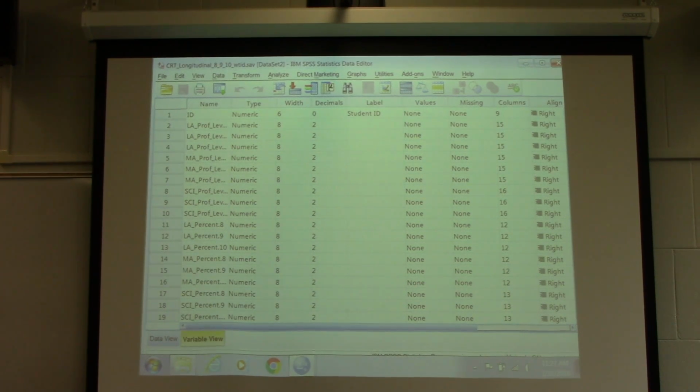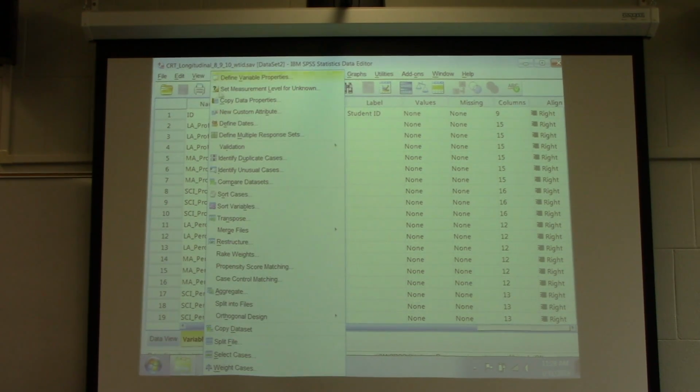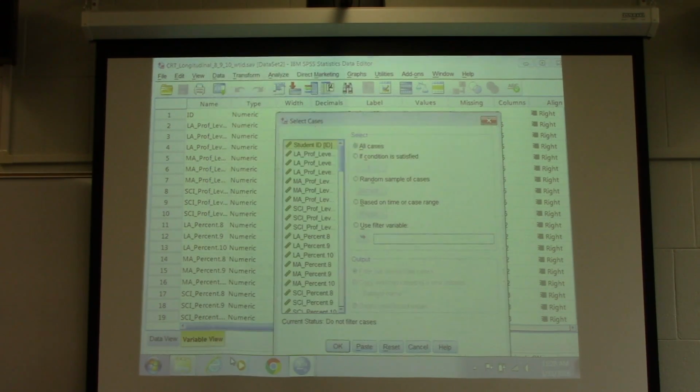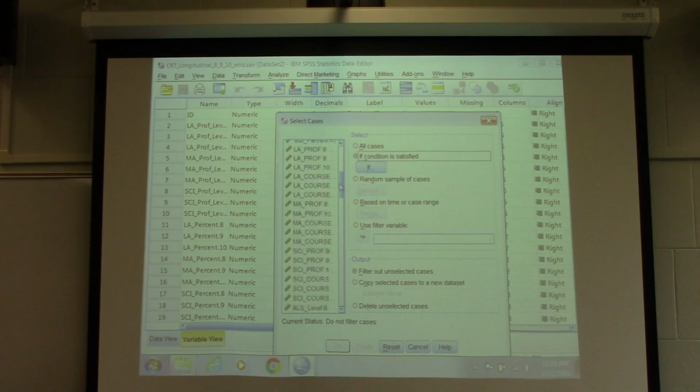Once you have that database, what I'm going to ask you to do, we did in an early module, we learned to select certain groups or certain schools or certain types of individuals. And that's what I want to do in this case. I want to go up to Data and I want to select cases, and I want to do so when